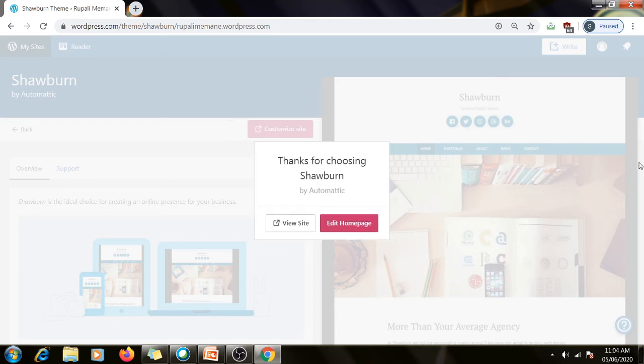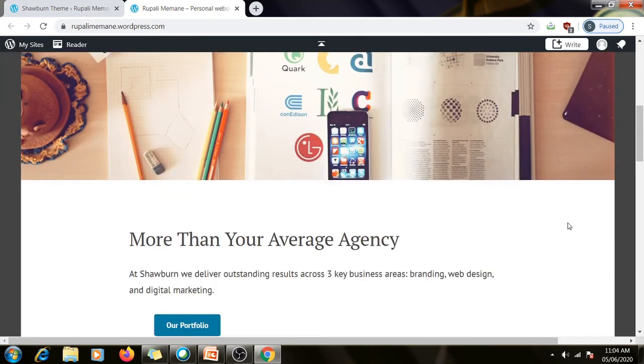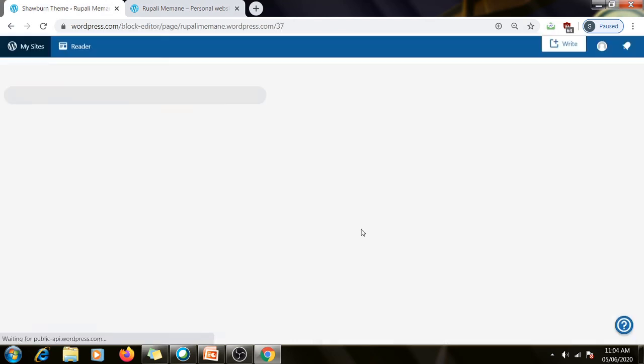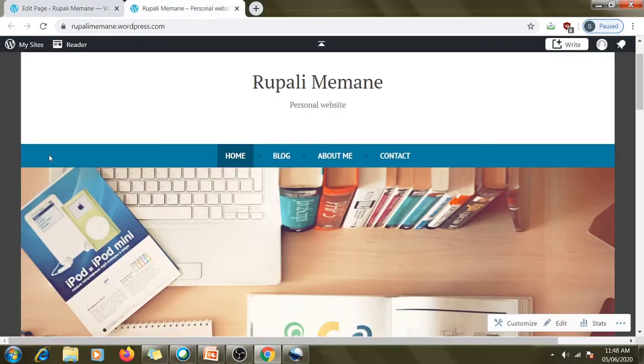So once it is activated, it will give all the color, layout and all the menus, blogs, everything. So your pages won't change. And now I click on view site. When you click on view site, it will take you to the site, and now your site has changed. Clear? So now again edit home page, and in this manner you can change the theme and the page layout.